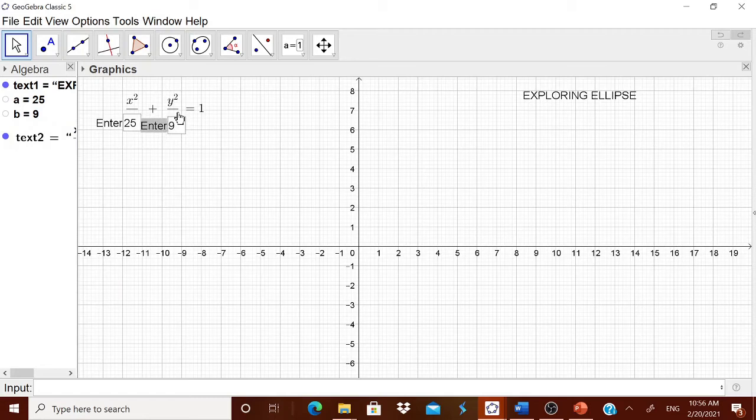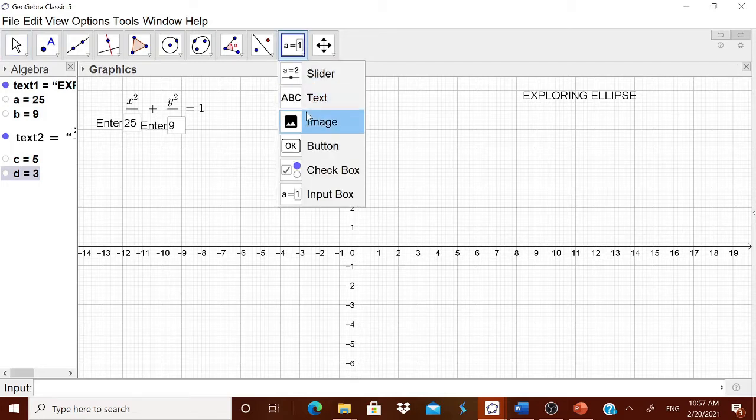Now this is actually the equation of the ellipse which I want now to explore. Have some space and then you can adjust it. Okay, now let us go for exploring it. For that, always remember a square is 25, b square is 9. But we want its square root, sqrt of a, then enter, then sqrt of b, then enter. Okay, we are having that a is equal to 5 and b is equal to 3. Keep it in mind, but it will not be shown to the children. There won't be any problem.